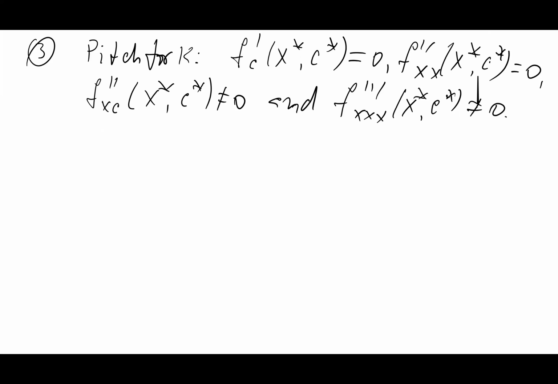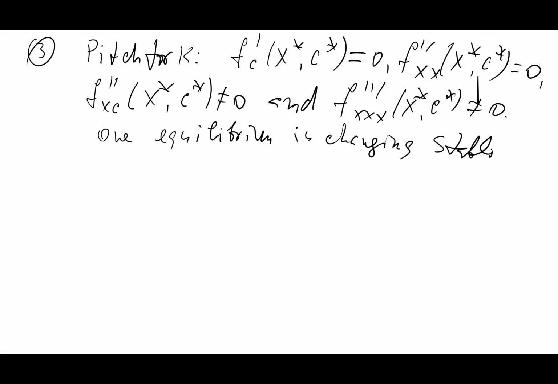So this is when we have pitchfork bifurcation. And the signature here: one equilibrium is changing stability,